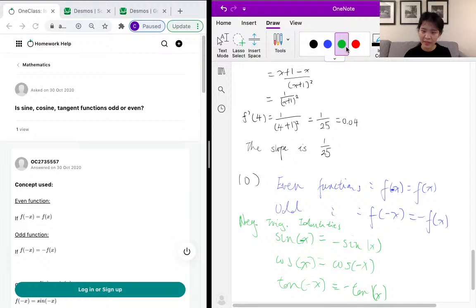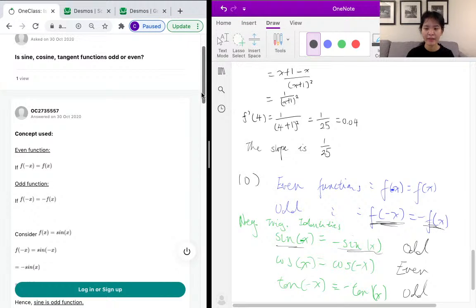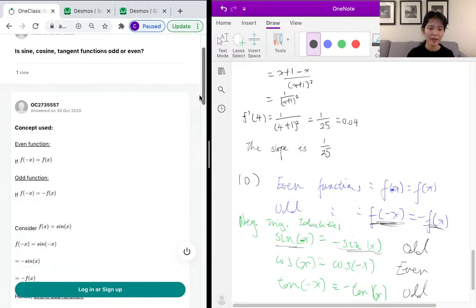So from here, we can already see that the sine of negative x is equal to negative sine of x. So sine is odd. And the cos of x is equal to cos of negative x. So cos is even. And the tan of negative x is equal to negative tan of x. So tan is also odd. And that's our answer. So our sine function is odd, so is our tangent function, but our cosine function is even. You can also see this by graphing them, but I'll just not